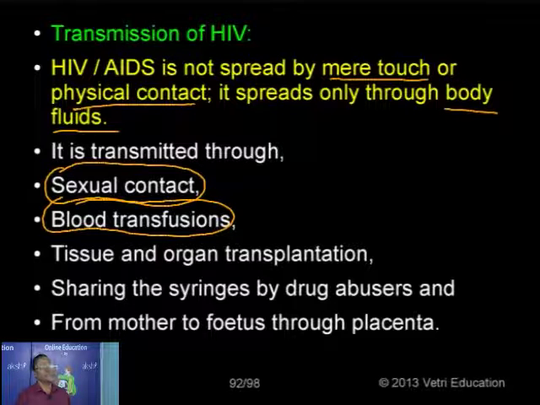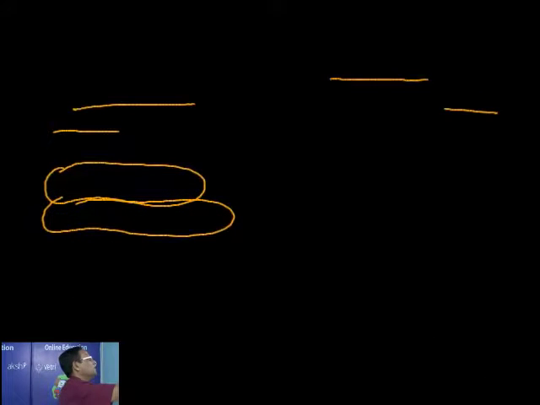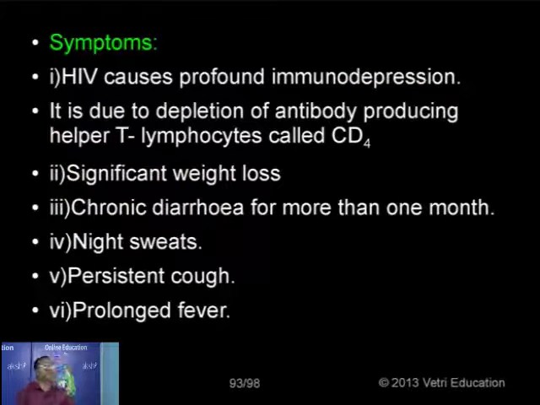Just in the case of drug abuse, or from mother to fetus if the mother is infected. So these are all the different means of transmission. Now, what are the symptoms? Almost all the symptoms are the effects of some other diseases, and those diseases which enter into the body